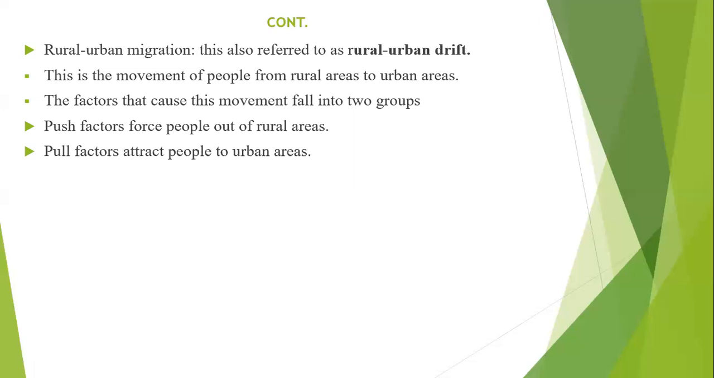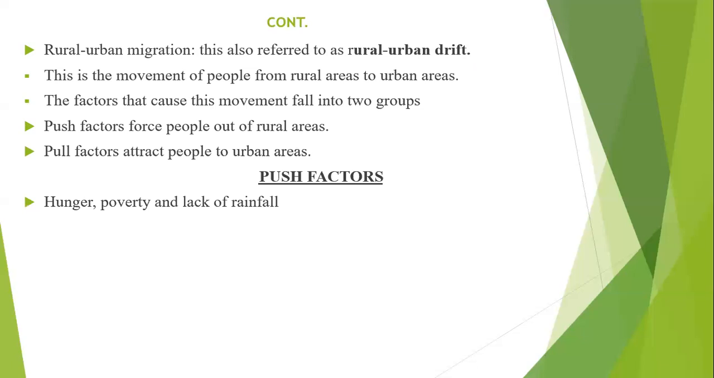Now, we also have what we call pull factors. So we have push factors and pull factors. Pull factors attract people to urban areas. Push factors force people out of rural areas. So what are these push factors we're talking about? What are these things which force people to move out of rural areas? Hunger, poverty, and lack of rainfall. When there's too much hunger and too much poverty in the rural area, you have to move from there